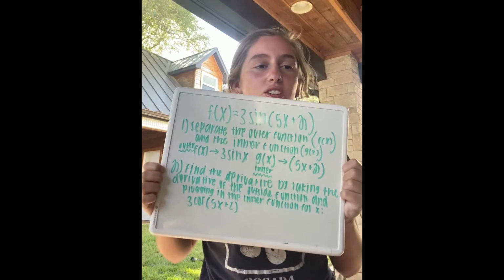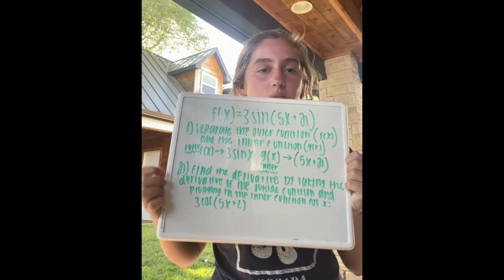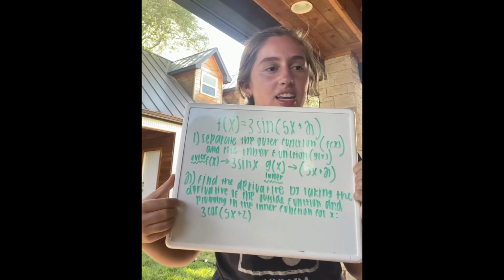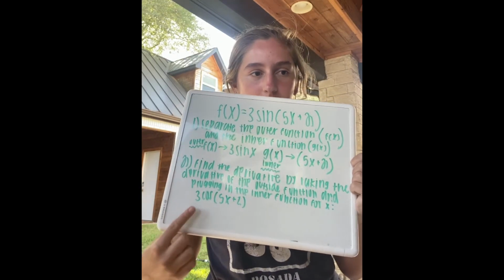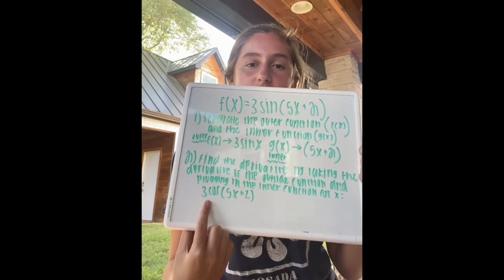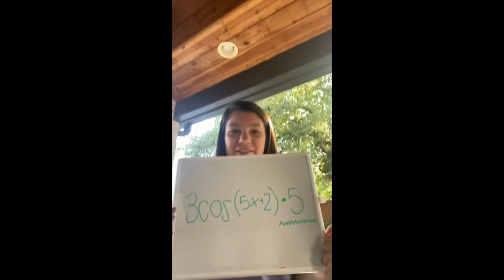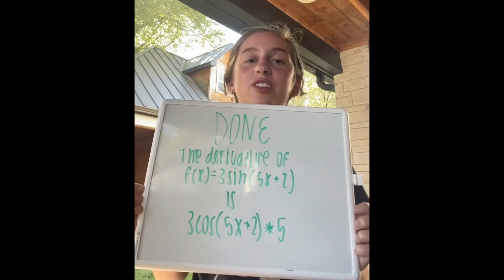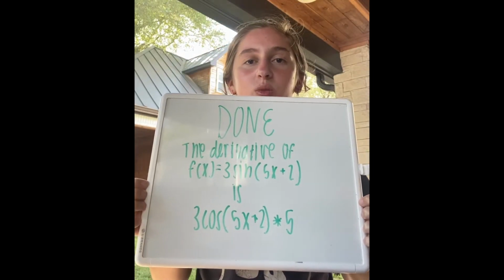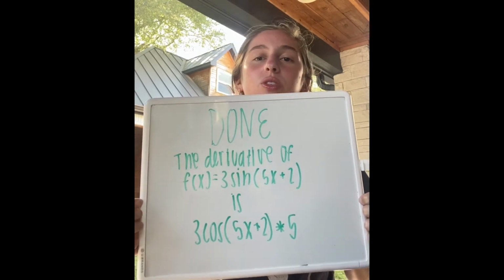Now, we can find the derivative by taking the derivative of the outer function and plugging in the inner function for x, which is 3 cosine of (5x plus 2). Now the crucial part. Do not forget to multiply by the derivative of the inner function. Done! Now you have found the derivative of f of x equals 3 sine of (5x plus 2) through using